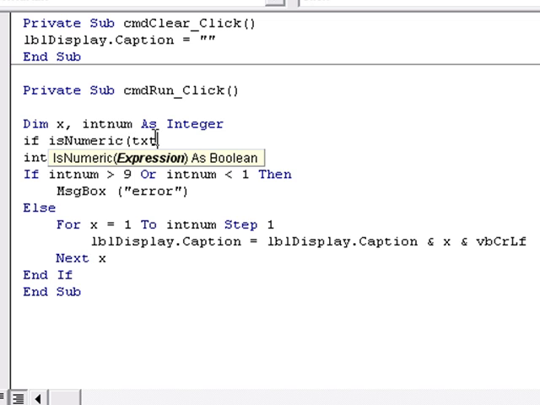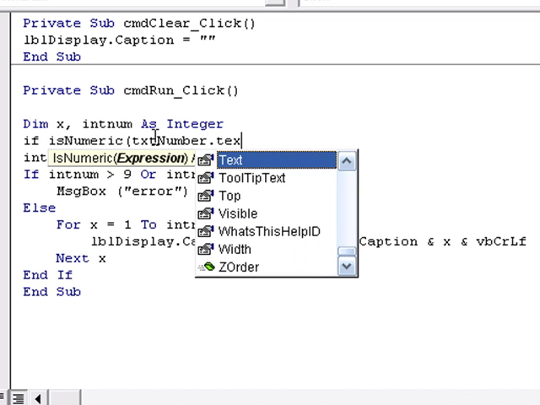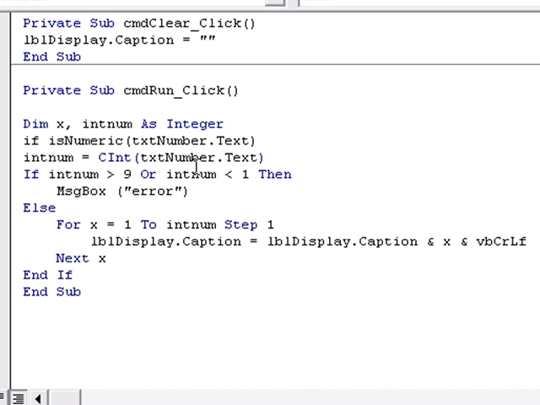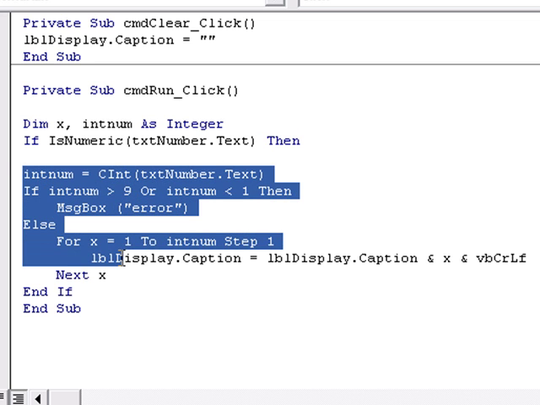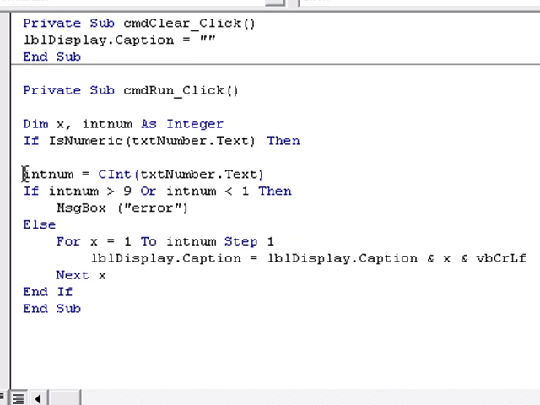So what is it I'm looking at? Well, I'm looking at the text box text. Okay. So, oops, sorry. So if txtNumber.Text, in other words what's in the text box, is numeric, then I will do this. Okay, I can happily do the conversion knowing that it's a numeric value. Okay,